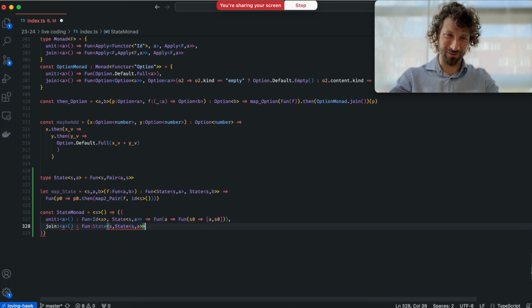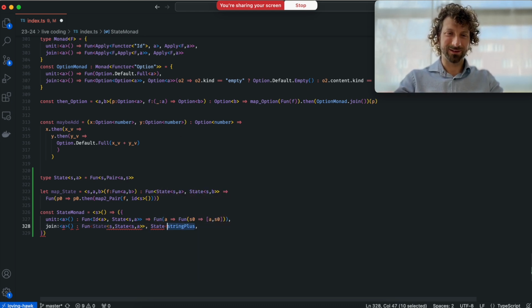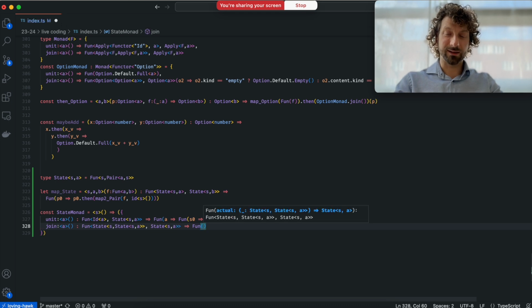The intelligence is driving me crazy. Of A, so a nested state of A, and we need to flatten it into a state of S of A. Okay, now let's take the process within process,